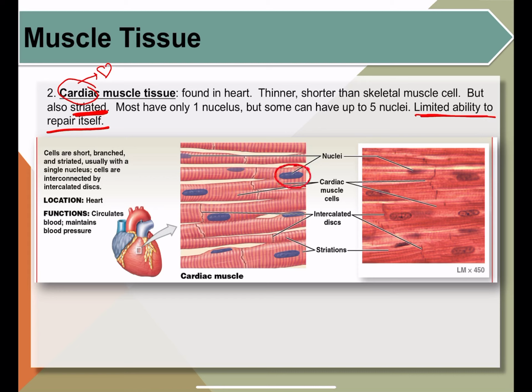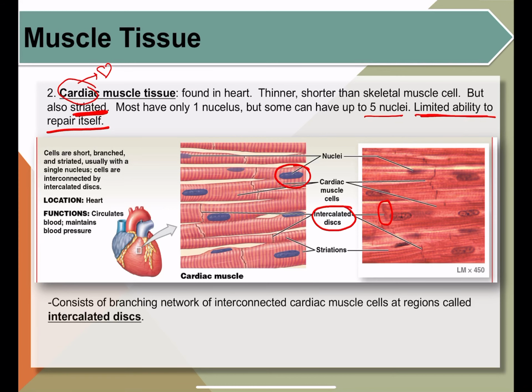Some can have up to 5, okay? But they don't have hundreds and hundreds of nuclei like muscle fiber, and they don't stretch for so long. They're little cells that are much shorter than a muscle fiber. This is not a zoomed-out view enough for me to show you the beginning and end of a cardiac muscle cell, but they're separated by what's called an intercalated disc. So that's a distinguishing feature for identifying cardiac muscle